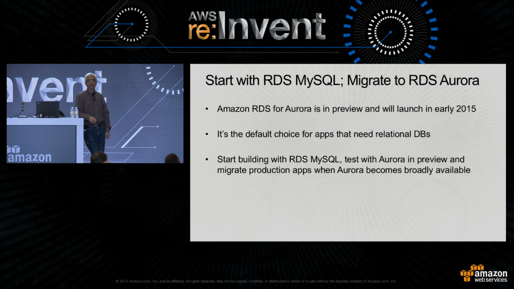Okay, so who should use RDS Aurora? Because Aurora is an engine, it's part of RDS. And our view is that if you are a MySQL user, you should use Aurora. It's going to be going into preview, so if you're running production applications, of course, you would run those on MySQL Stock Edition, which is Community Edition, until we are out of preview. But after that, you should be able to move all of those applications to Aurora. And if you're designing a new application and you want commercial-grade performance and availability, you should use Aurora.